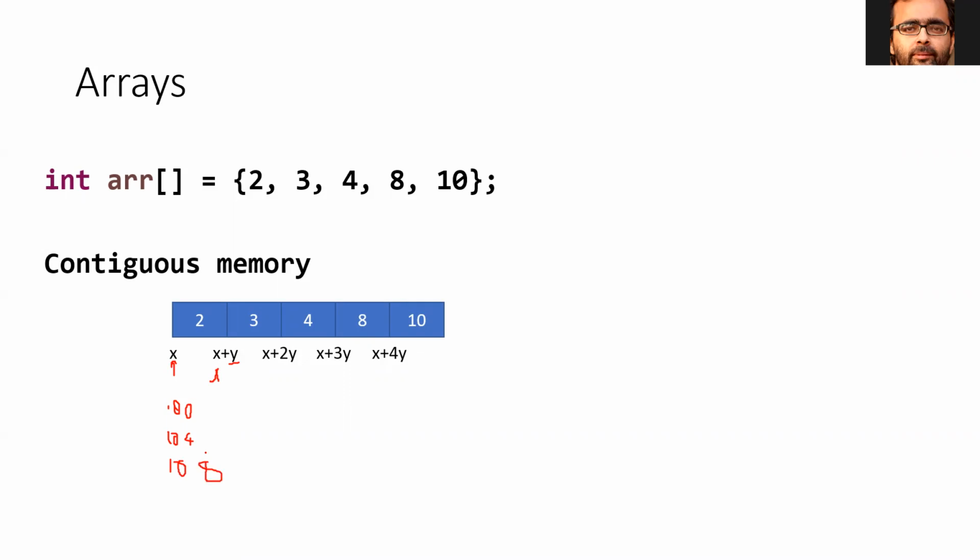So this is a continuous memory location. Once you know what type of data it is holding, you can always access that. That is a major advantage of arrays. For example, a linked list is a kind of data structure which does not hold continuous memory. Its nodes hold memory in different parts of the heap, but an array always holds continuous memory. So that is the advantage of arrays.